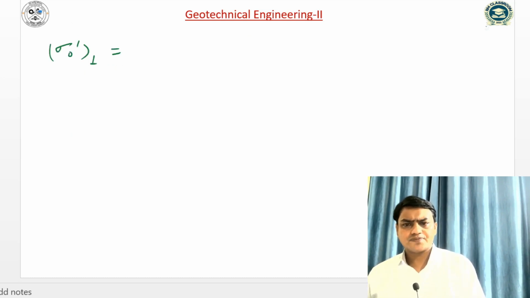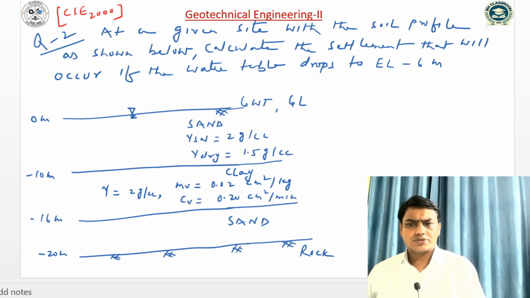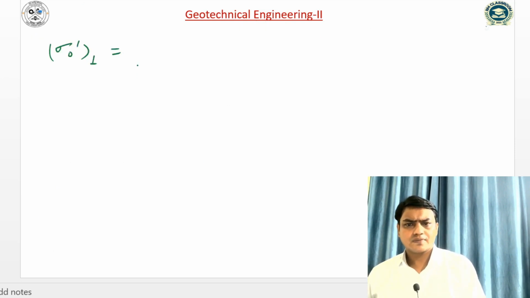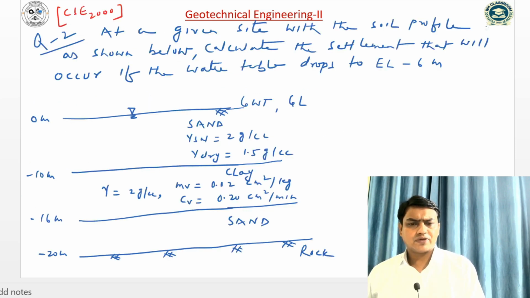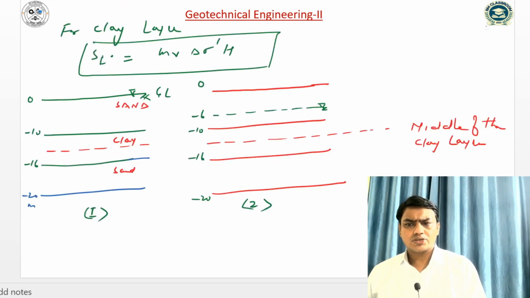Sigma 0 dash is the 10 meter, 10 into 100 centimeter into unit weight of the sand when the water table is at the ground level, which is 2 gram per cc. So it will be 2